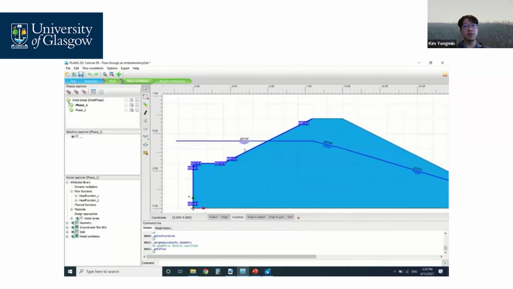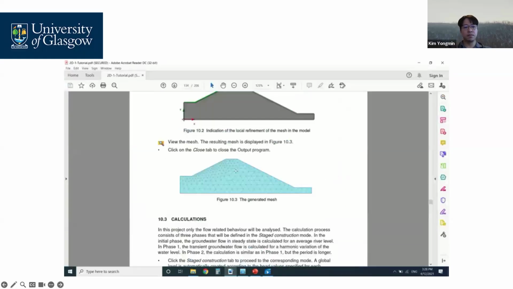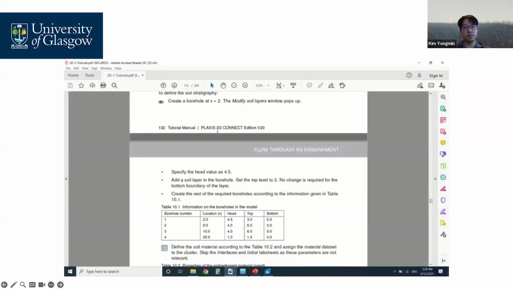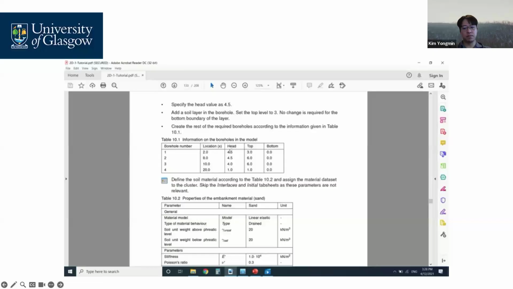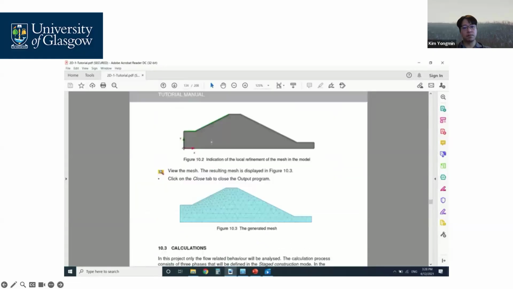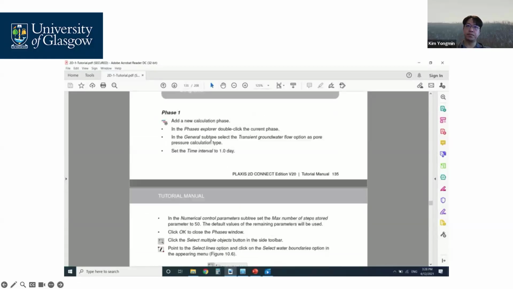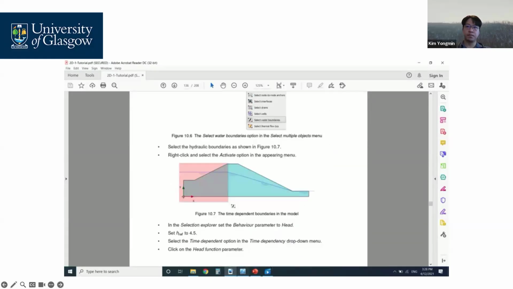This is the flow condition. We've created a global water flow like this. It's created also through the dam here, the water head, through the boreholes. Okay, so we'll do the calculation now. We have the initial phase, phase 1 and phase 2. On phase 2, we're going to select here,